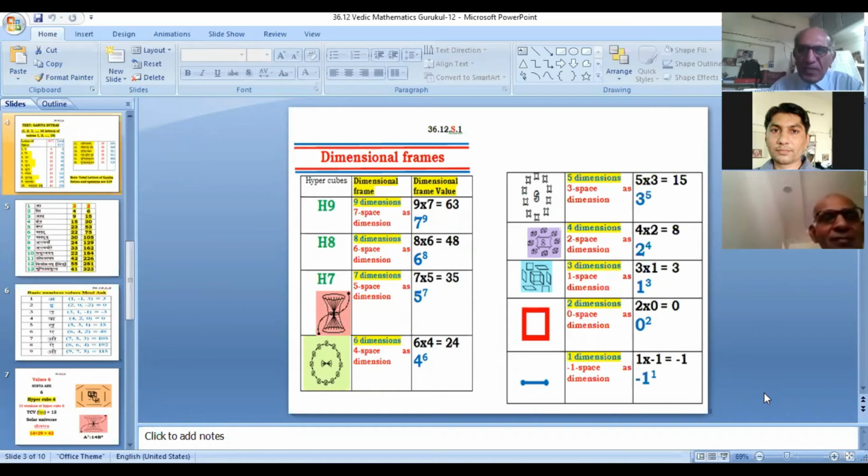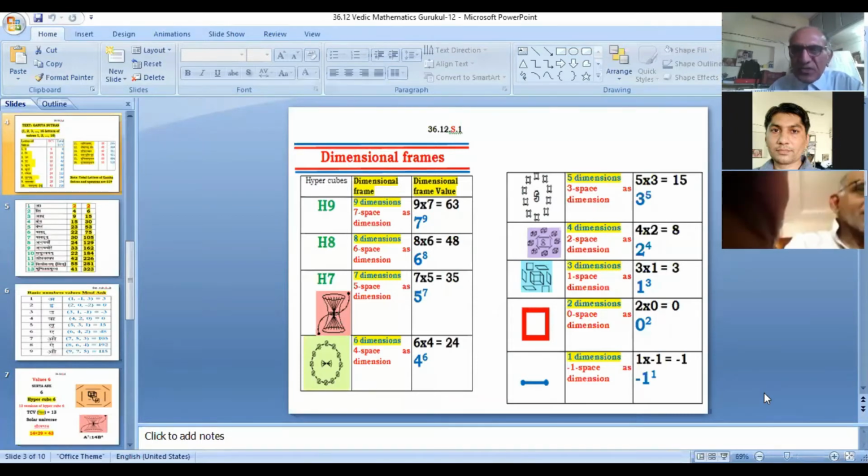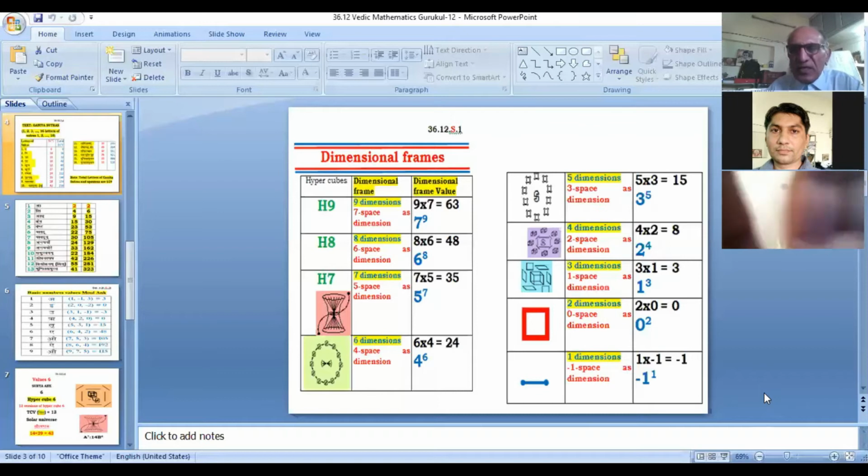The 4 space is a spatial order space. 4 space has 4 dimensions. Each dimension is a spatial order. 2 space is playing the role of a dimension of 4 space. So the dimensional frame of 4 space is going to be a setup of 4 plus 2 is equal to 8 along the addition format, and 2 raised to power 4